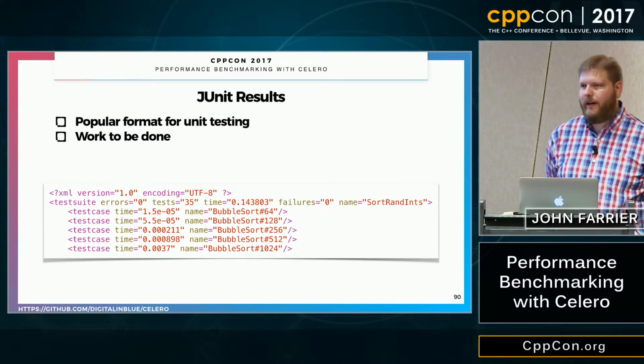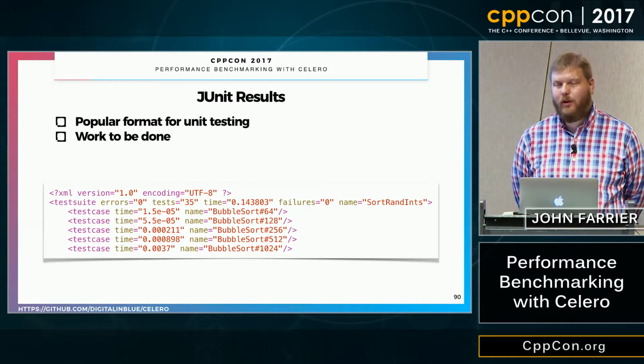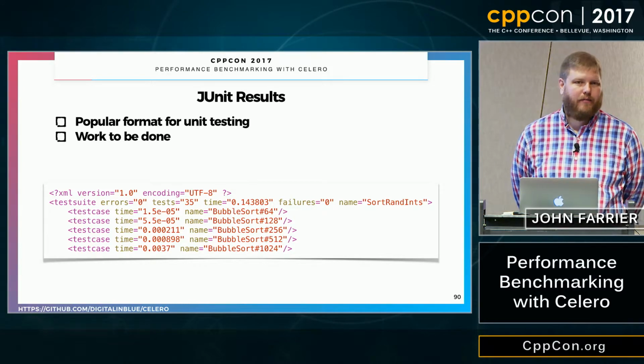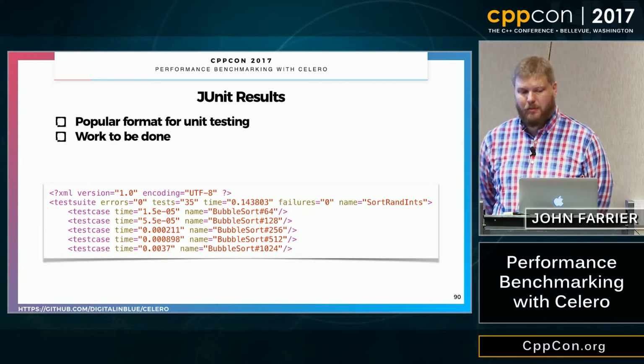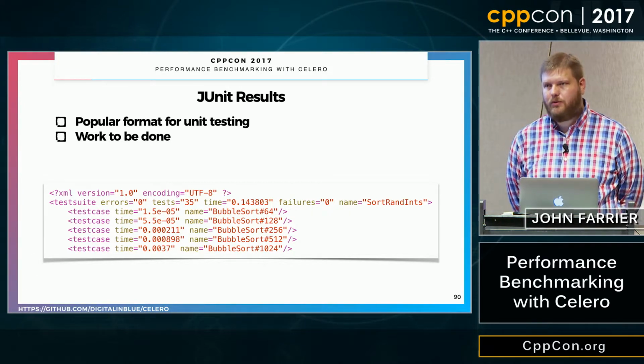But if you don't want to write a front end to look at that thing and monitor that, it will also output just JUnit results. So if you have continuous delivery stuff already in place, chances are it can read JUnit outputs, and so you can just look at the Celero results directly in those tools,